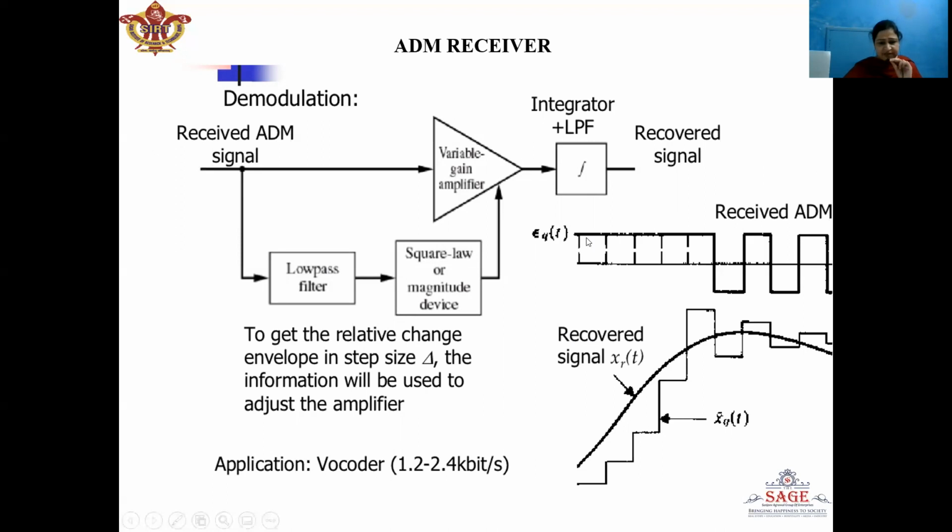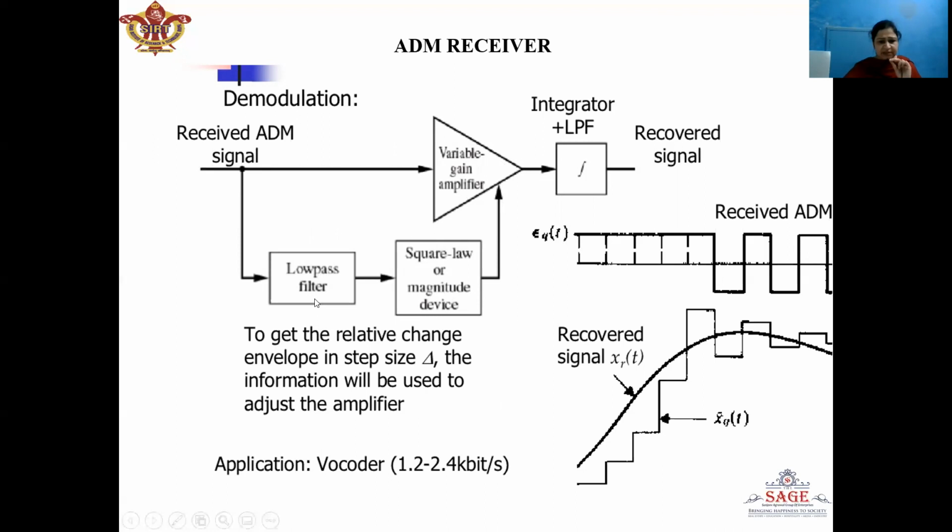Now the received signal is in the form of a 1 or 0. So here we can see the received signal either showing by positive pulse or negative pulse. When a series of positive pulses, that is series of ones, are transmitted, then in that case this signal is given to the variable gain amplifier. Now this amplifier will amplify the incoming signal according to the gain, which is controlled by the gain control input, which is being operated by the square law device and the low pass filter.